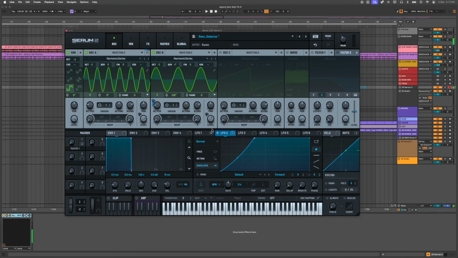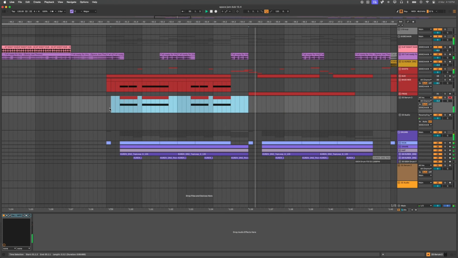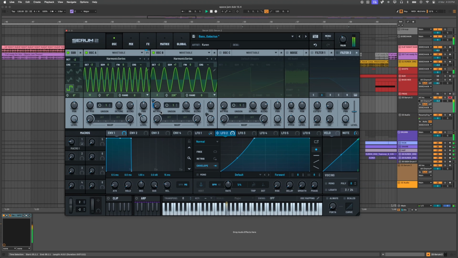And you can get so many different tones out of this. And then another one here. So the reason that Harmonic Series is such a handy wavetable to have in your arsenal is because, if you need to spice up the second half of a drop so it doesn't sound as repetitive, well, we can go from this sound